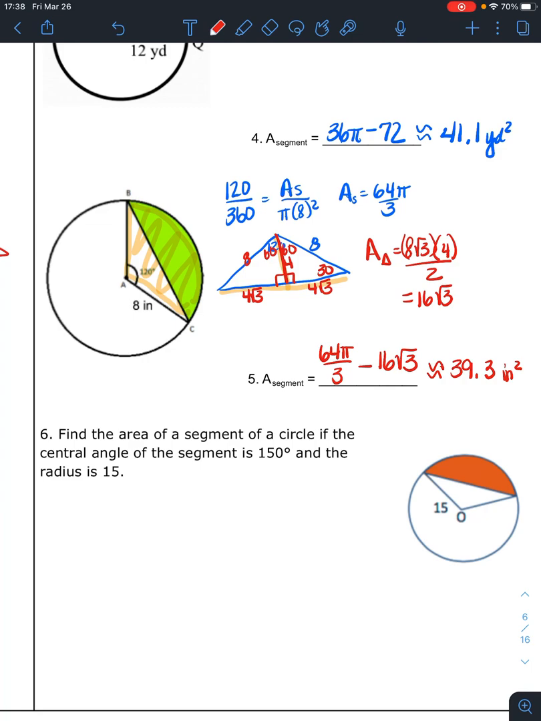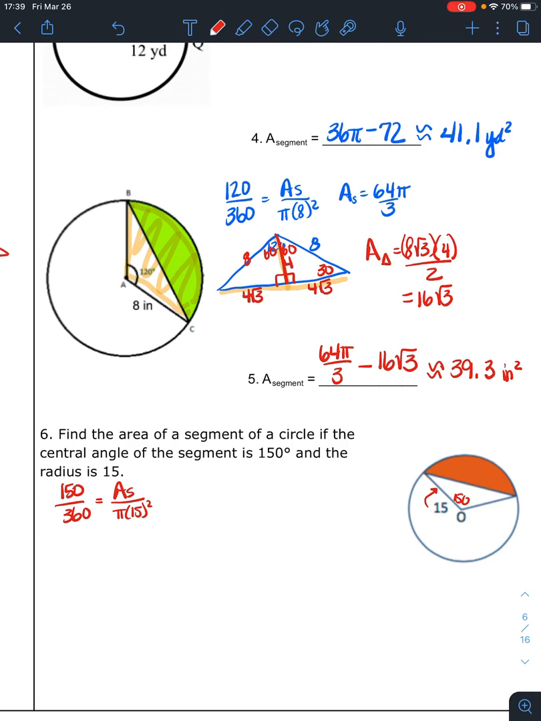And then this last one, find the area of the segment if the central angle is 150 and the radius is 15. So we have our 15 right here. And I want the area of that segment. So let's find the area of the sector first. So it's 150 degrees out of 360 degrees. So what is the area of the sector if the entire area is pi r squared, pi times 15 squared? So you do 150 times pi times 225